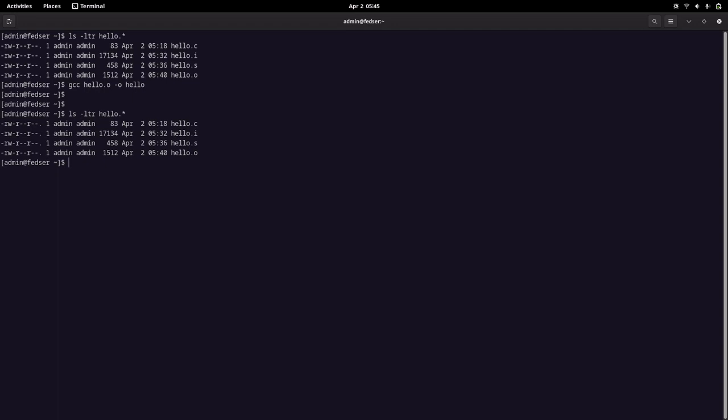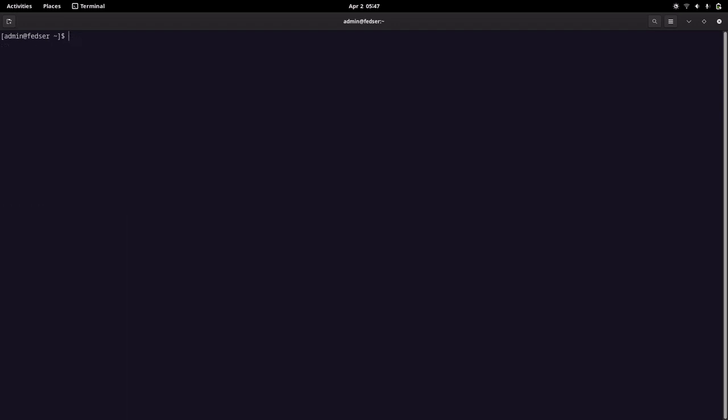Now if you see, this output file has been generated. Here we are going to run our program through the linker, which will actually create our executable file, that is hello.